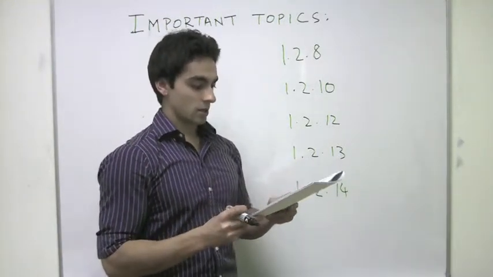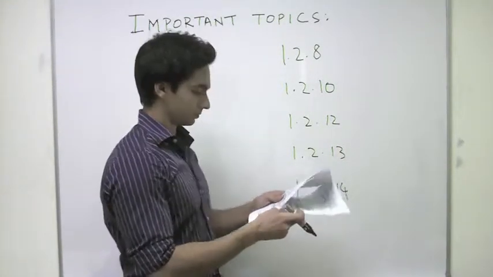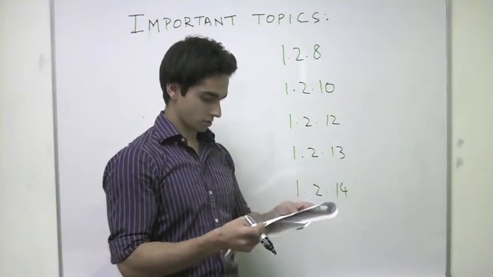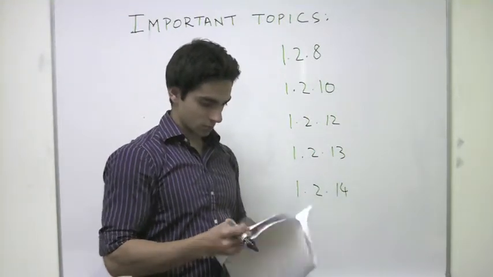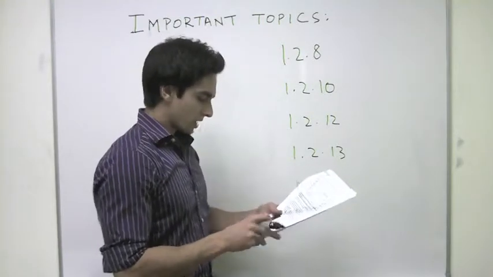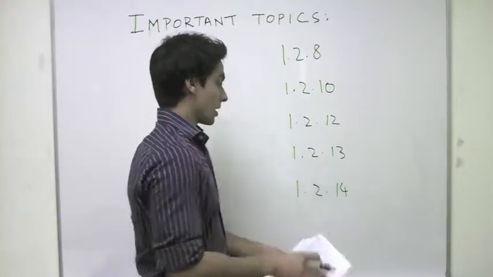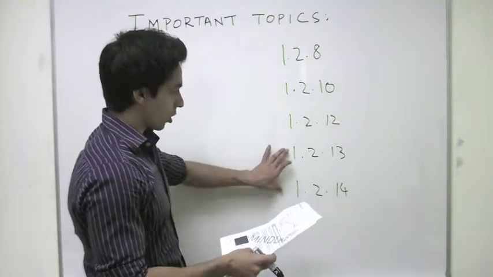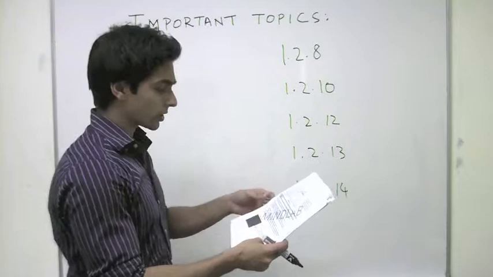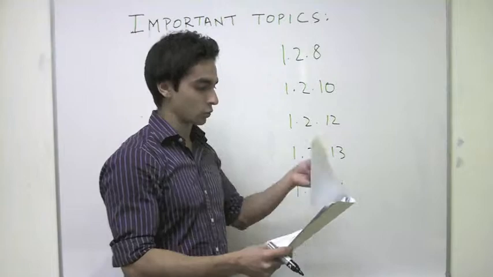State random uncertainty as an uncertainty range and represent it graphically as an error bar. So return to page 13, which basically sums up 1.2.13 and 1.2.14. Basically these are the two topics which cover using error bars in graphs. So over here there's a short description of how graphs can be used and how you should be using this graphical data